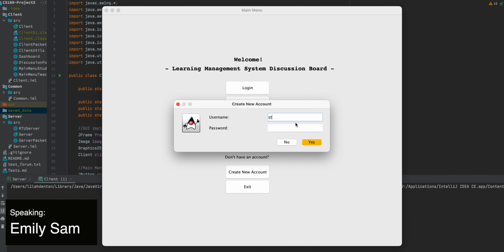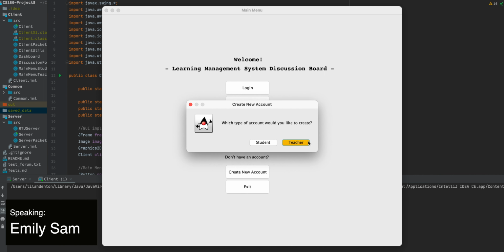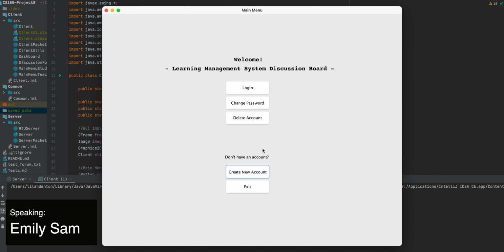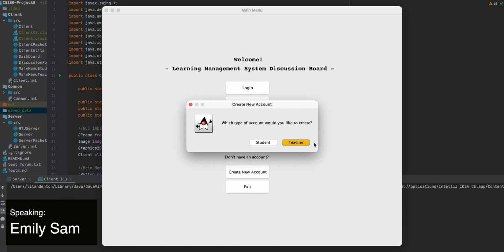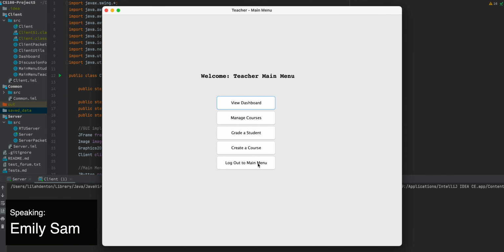Similarly, we're going to be creating a second student account real quick just for the purposes of this demonstration, so we're just going to be doing this over again. Next, we're going to be making a teacher account in the same way with a username teacher and a password pass. This successfully takes us to the teacher main menu when choosing the account, which Carmen will talk more about